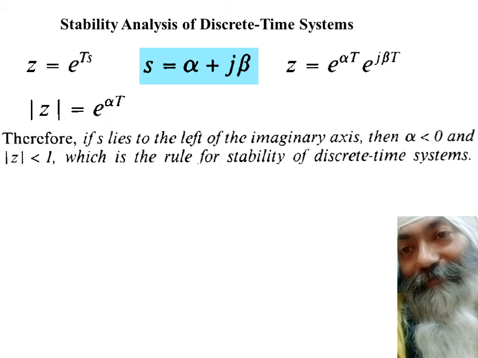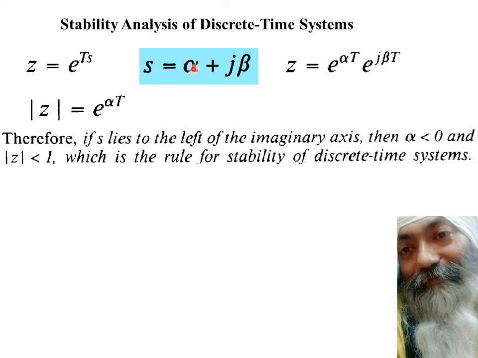And this means that for all alpha, what we say normally in case of any normal Laplace thing, that stability of the system can be determined from the poles, and the poles lie on the left side of the imaginary axis. That means that if alpha is negative, alpha is not 0, then the system will be stable, right? Here in this case, if alpha is negative, put alpha negative over here, e to the power something negative means it will always be less than 1.